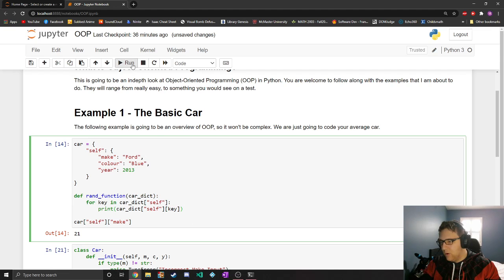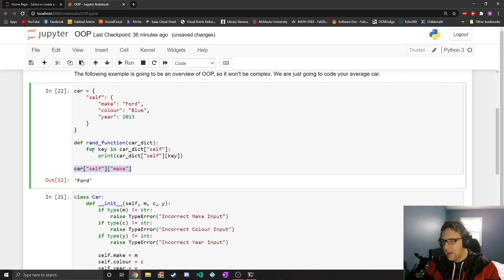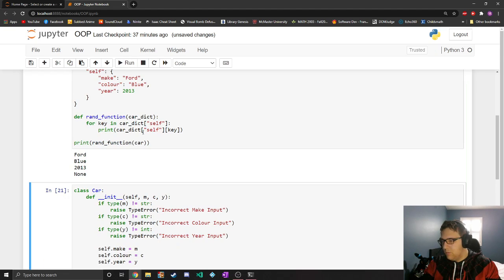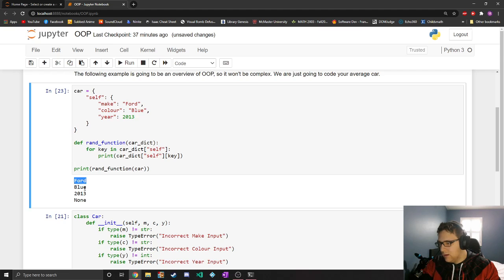So let's say I want that to print every item of a car. So if I were to call print rand function on car, boop, you can see there's the make, the model, the year,